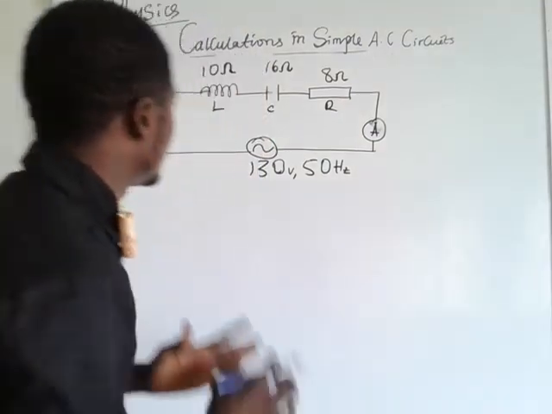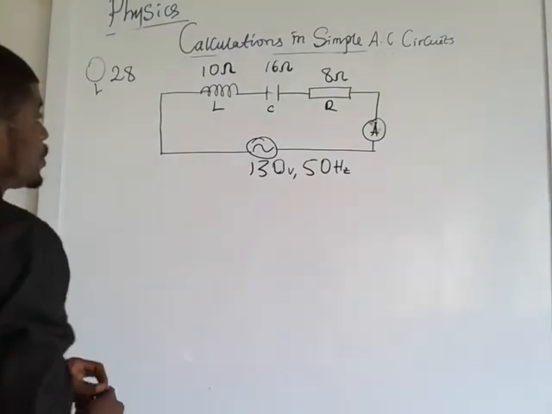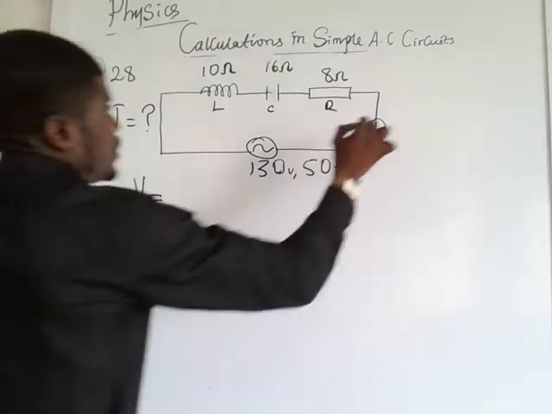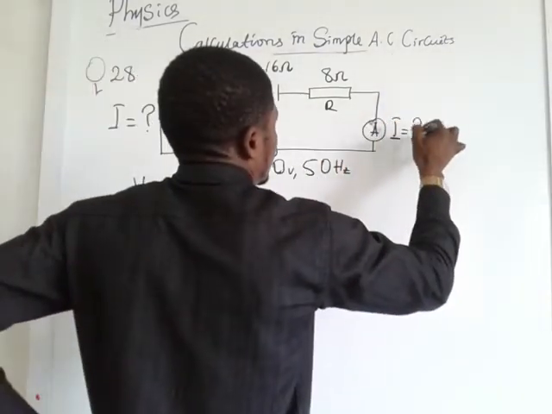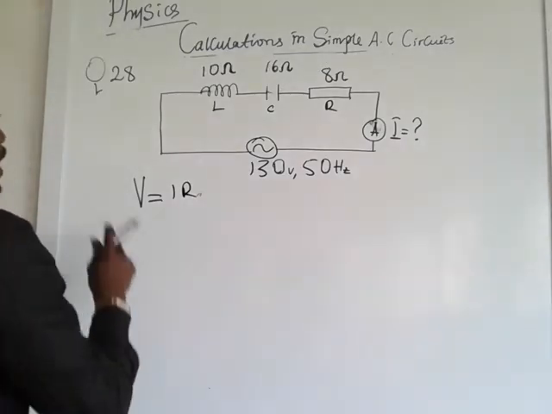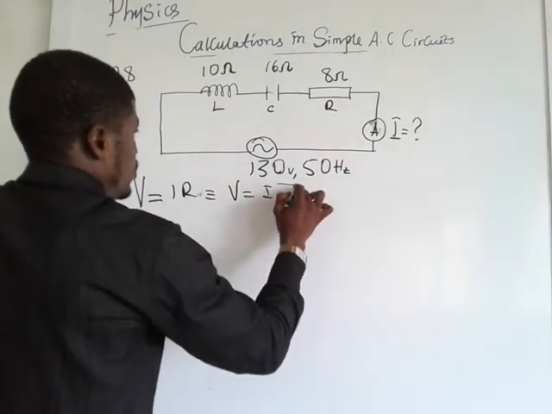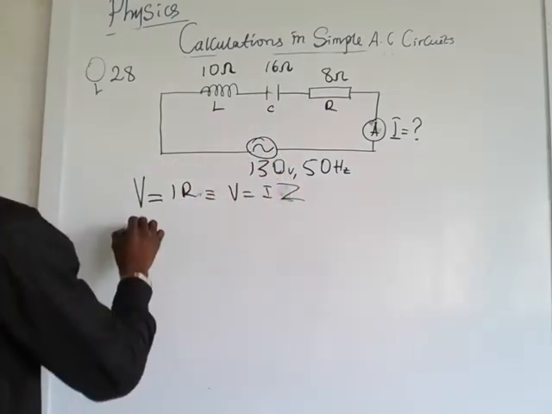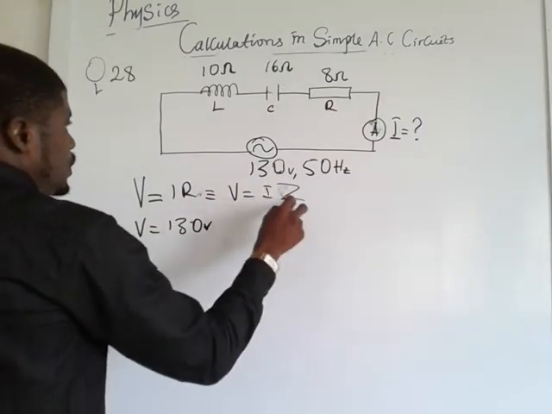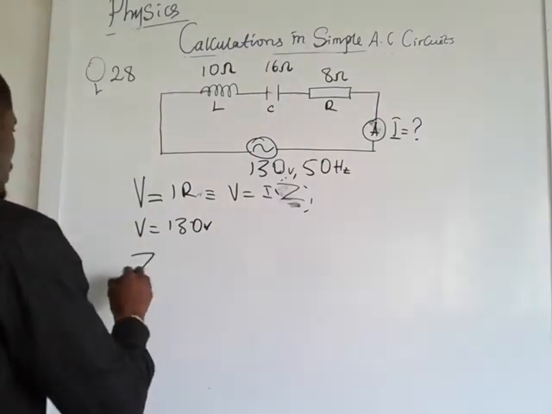We are asked to calculate the current in the circuit. The current in the circuit is given from Ohm's law. The current flowing through the circuit is not given. So from Ohm's law, V is equal to IR. Our R here now is the impedance, so V is equal to IZ. V is already given as 130 volts. We have to look for the impedance before we find the current. So what is impedance? Impedance Z is equal to